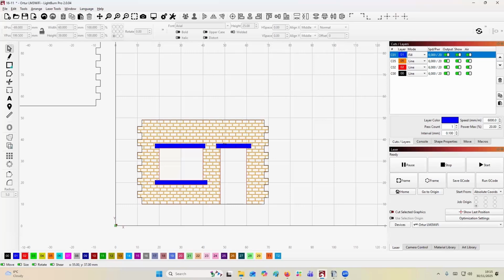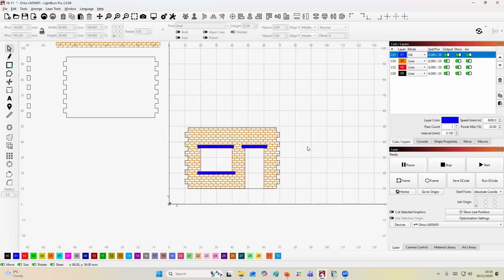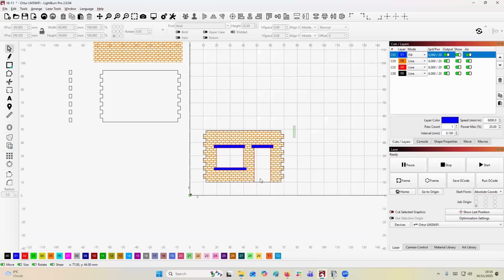You'd want the fill done first, then the lines of the bricks, then the door and window cut out, and then finally the outline. And that would then cut out everything. But that hasn't got a texture on it at all. That's just the main building, the main wall. So if we move this